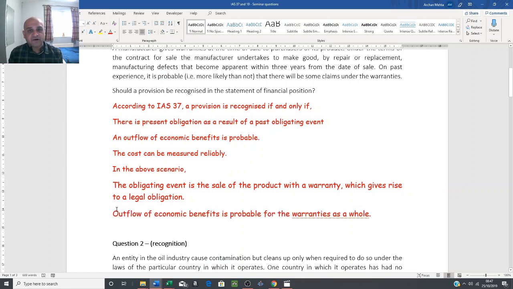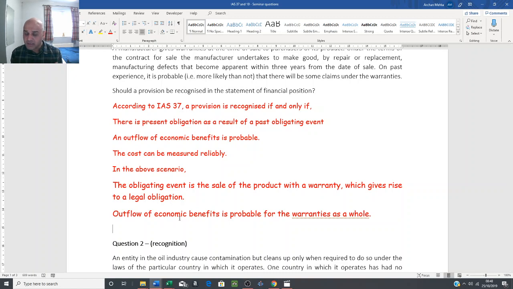The past practice of the business suggests that it is more likely than not that there will be claims, and the company will have to pay the money or repair the products. Outflow or return, accept the returns. Outflow of economic benefits is probable for the warranty as a whole, based on the past experience. And therefore, if we can measure the cost reliably, which is quite possible, we need to apply